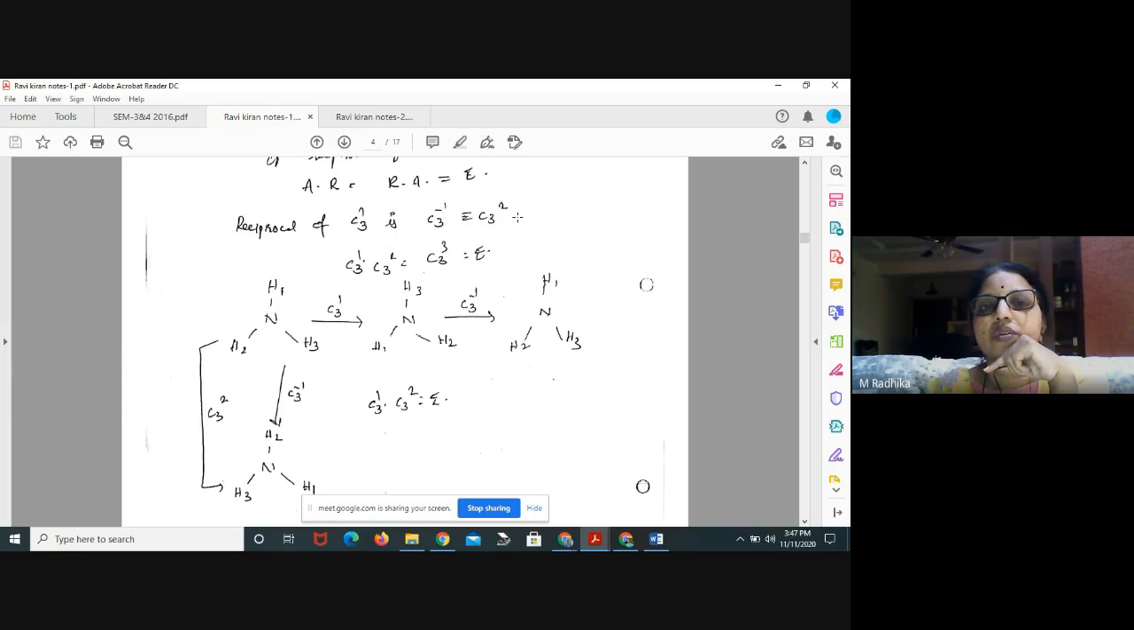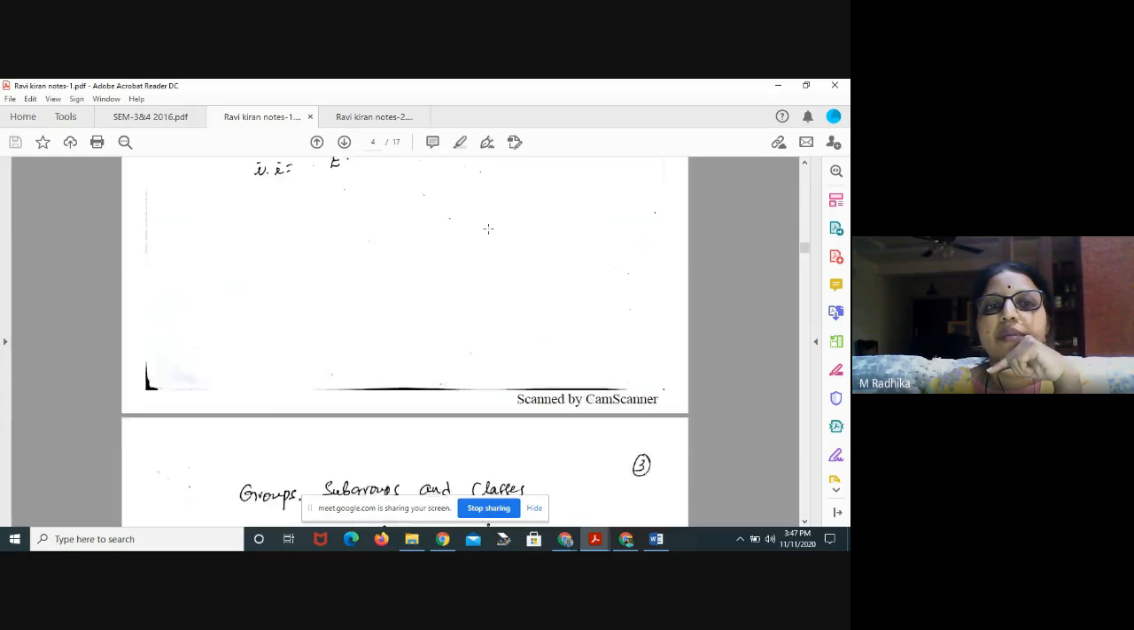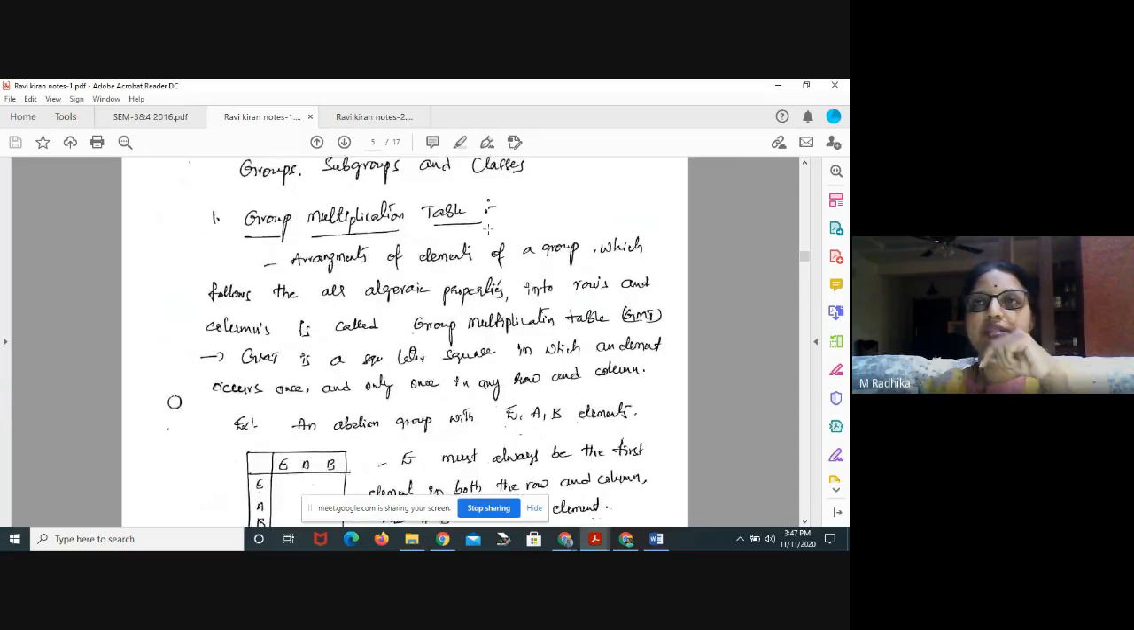Okay, so first what we are doing? We are doing C3 1. Then we are doing C3 inverse, and you should get a 1 which is nothing but your C3 2. That is what we are telling. So you have to remember, whenever you do reciprocal of its own element, you are ending up with